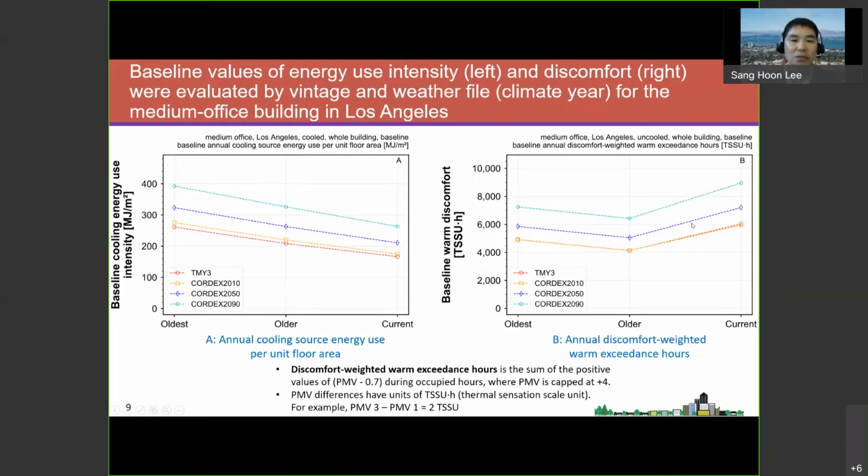So this is caused by the lower infiltration, low U-value envelope, and heavier thermal mass in the current vintage, as they contribute to holding warm air in the newer buildings. And it also shows that the future weather files show more warm discomfort hours. I can also point out that warm discomfort hours from Cordex 2010, the yellow line,